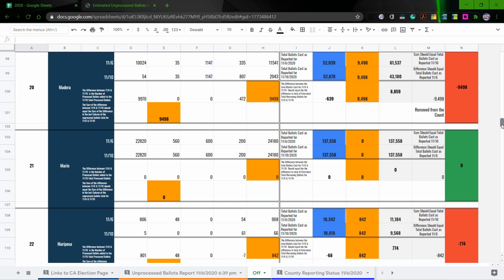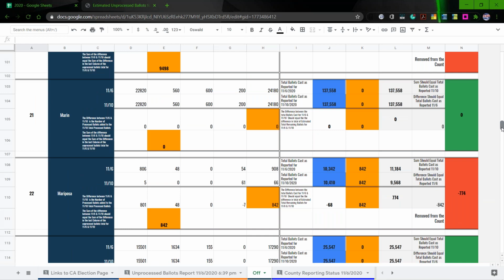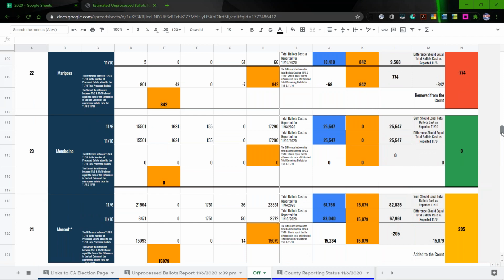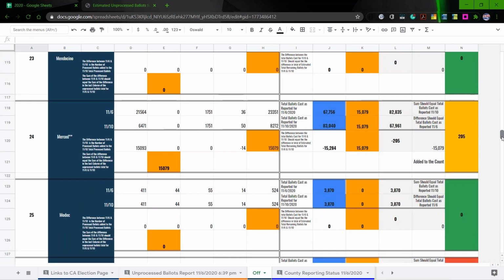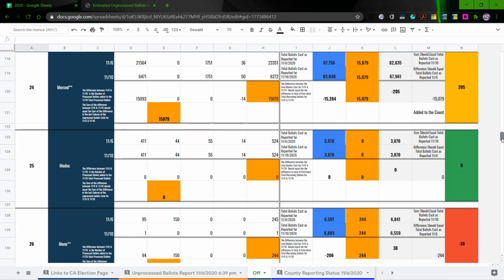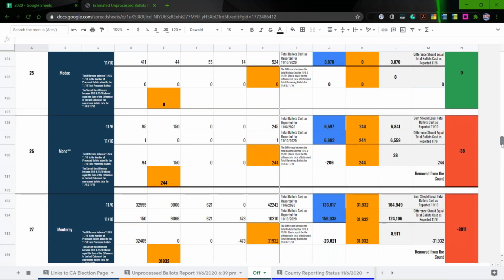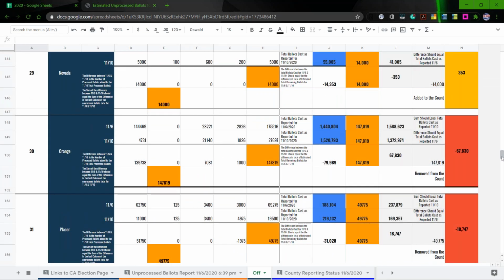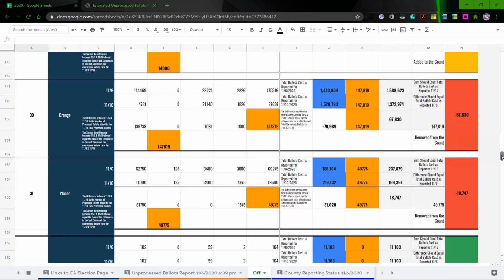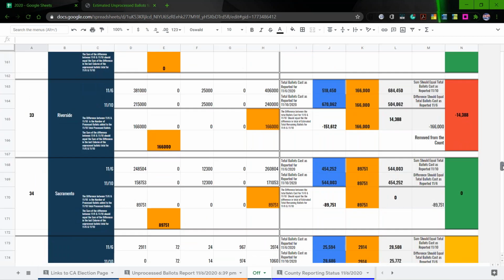Where are they going? Why are they being removed from the total? What happened? Were they bad ballots? We don't know, because they're not giving us that information. They're not telling us. They are only giving us a snapshot of the current view of the numbers. They aren't letting us see the numbers from each and every single day in order for us to compare them. And I see why. Look at this. Orange County. I mean, my God, Placer County, look at this. What is happening to these ballots, and why are we getting ballots inserted into the count?